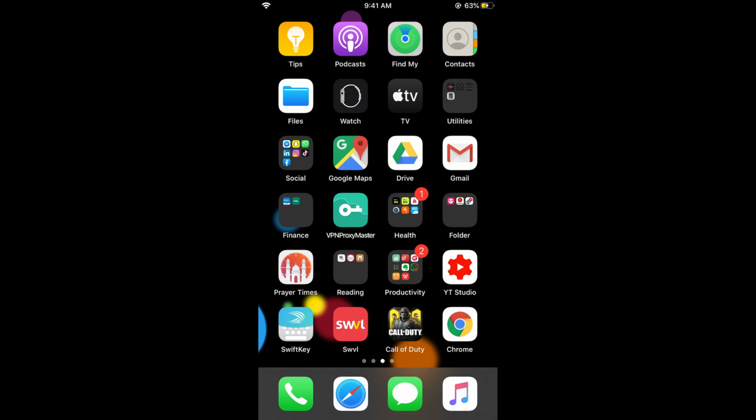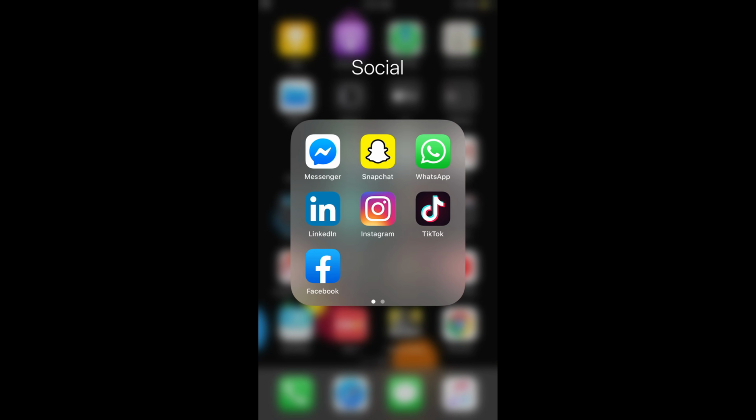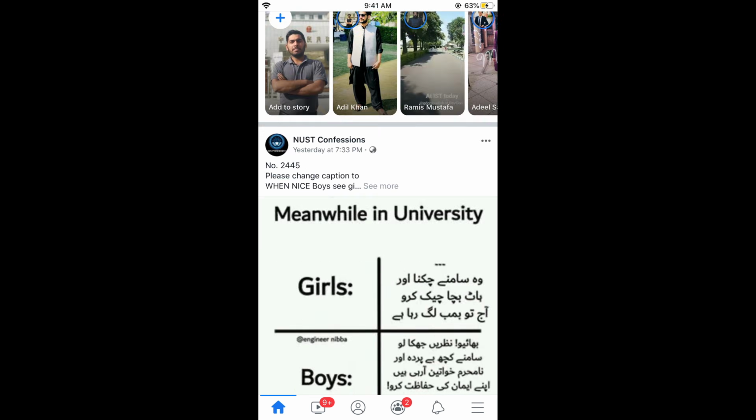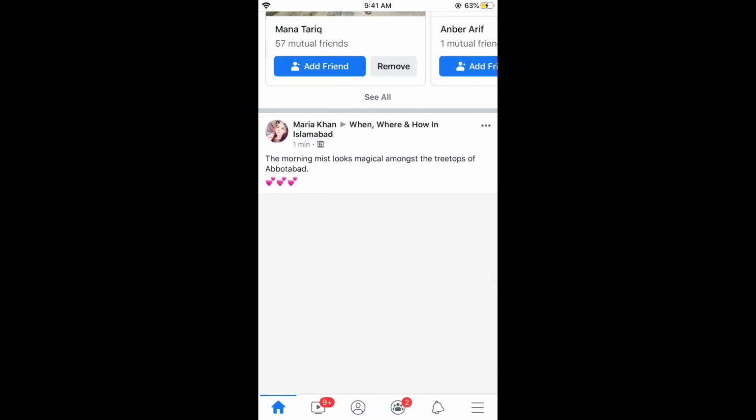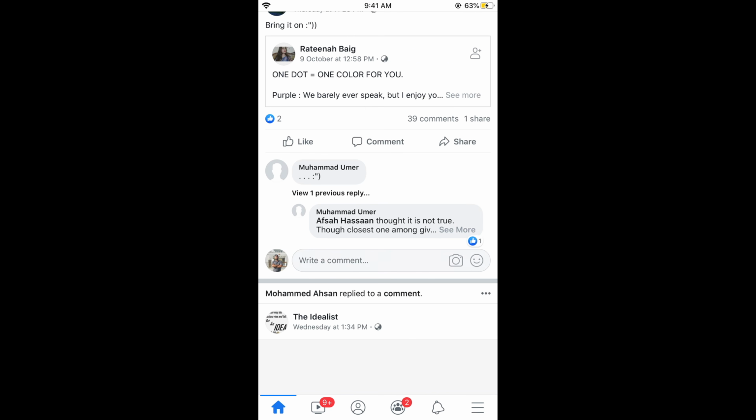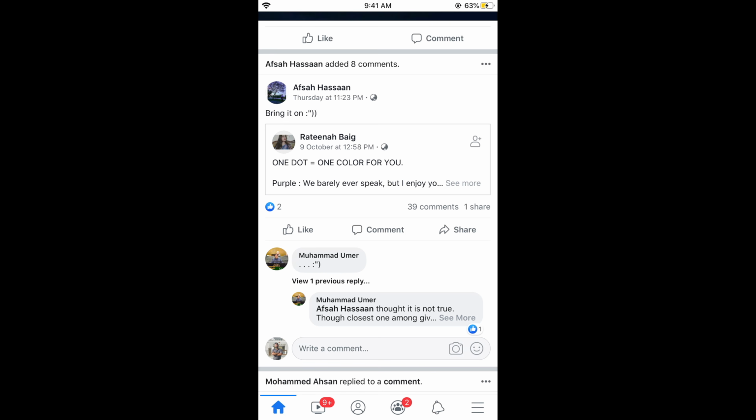It is the same for Android as well as iOS devices, so you don't need to worry if you are on Android. What you need to do is just go and open your Facebook app first. So here is the Facebook app. If I want to share any of the posts like this one, what I would do is